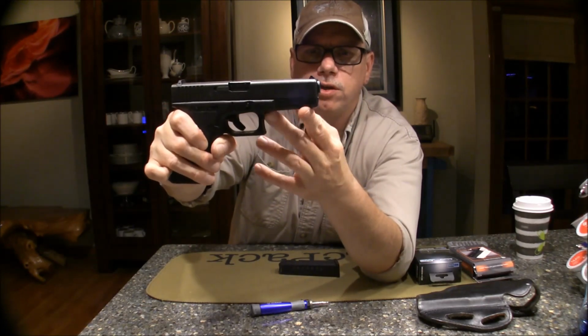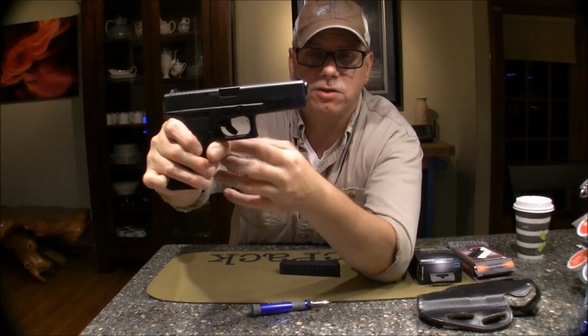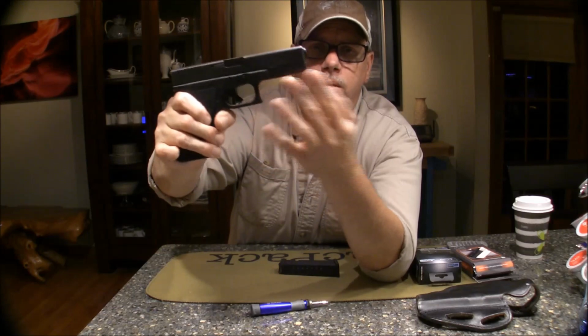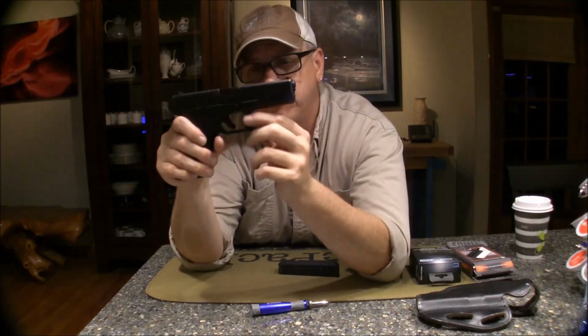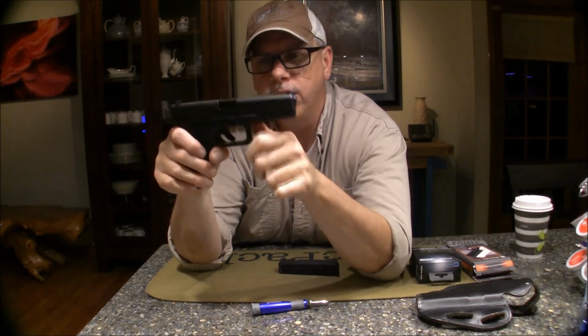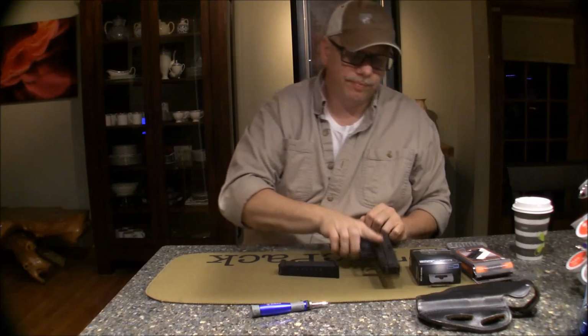The later generations, I believe 3 on, they had the rail, where if you wanted to mount an external laser, a flashlight, what have you. Now I've retrofitted this weapon with a guide rod laser. I'll show that to you a little later. With that said,